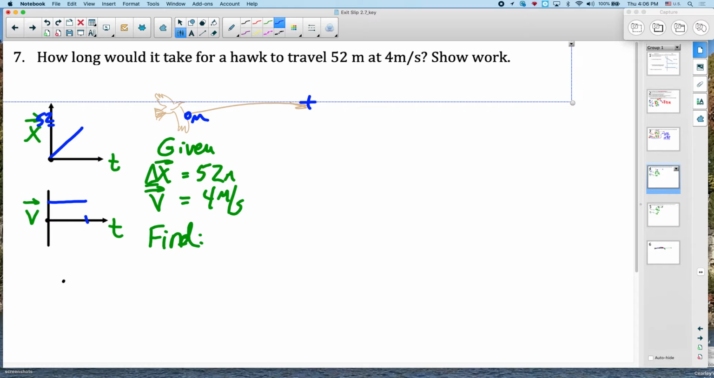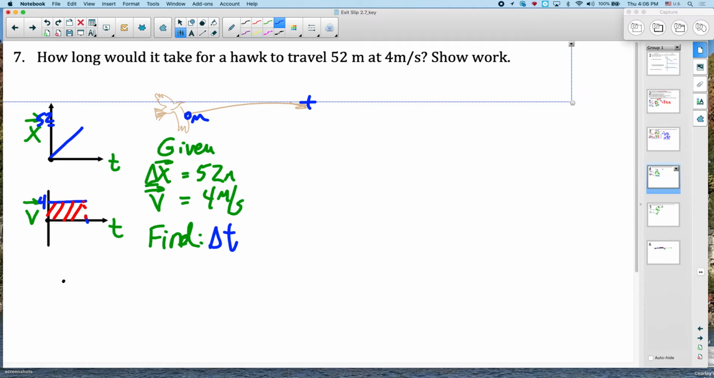And we know that the height of that graph would be 4 meters per second. They give us 52 meters, which is the displacement with velocity of 4 meters per second, and we're asked to find how long it would take. So we're trying to find change in time. So for this process, I think we're going to have to go back and use the area under the velocity versus time graph again,